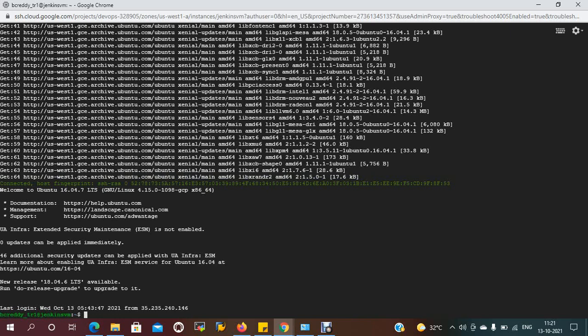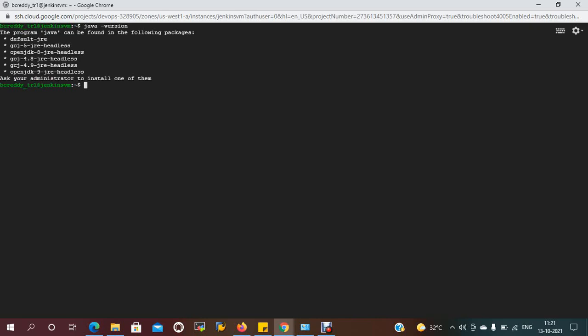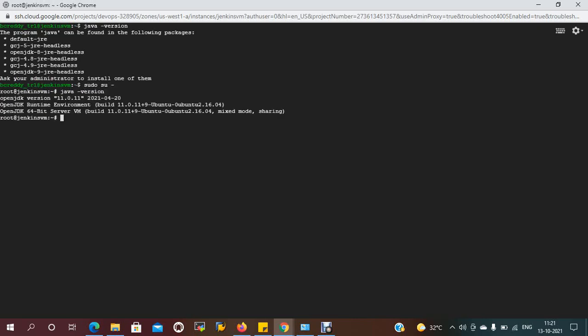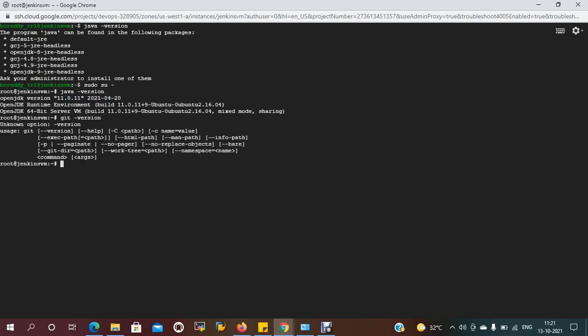Now if you check the Java version, so now Java is installed on this machine. Java 11 is installed. So we have installed Git and Java. In the same way you can install many things like Jenkins, SonarQube, Nexus, all those services on this machine.